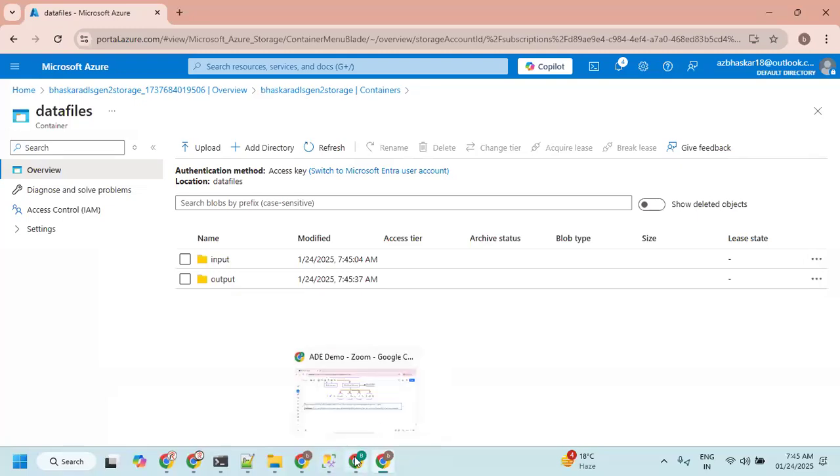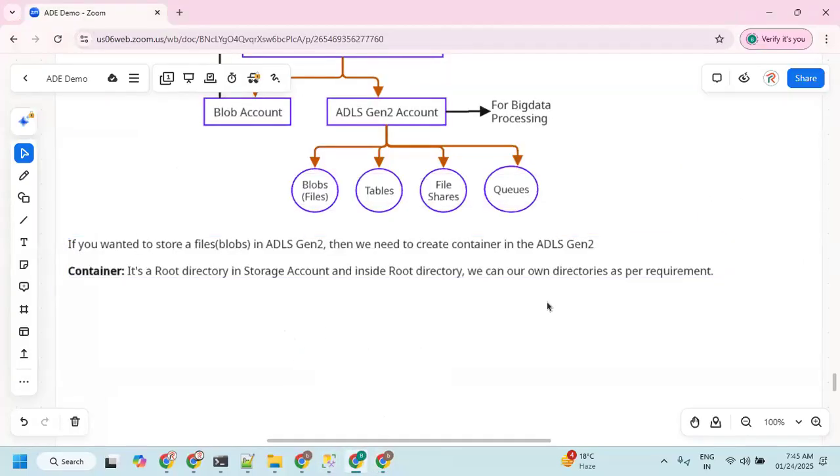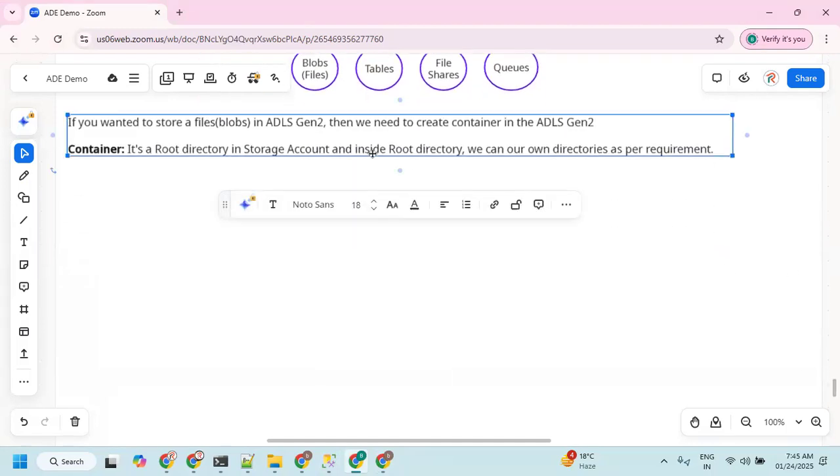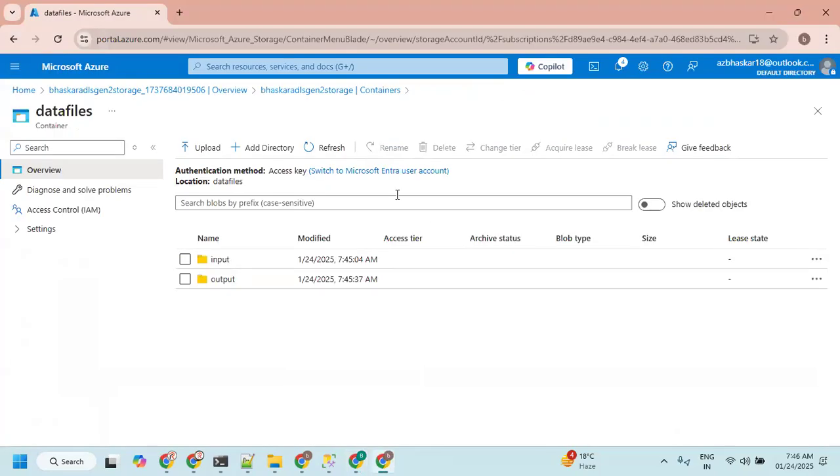Now, I wanted to upload a file. What happens when you upload a file? There are a few things I wanted to talk about, but those are all just for understanding purposes. I'm just going to talk. Otherwise, it's not required. So whenever you want to upload a file into the storage account, if you are going